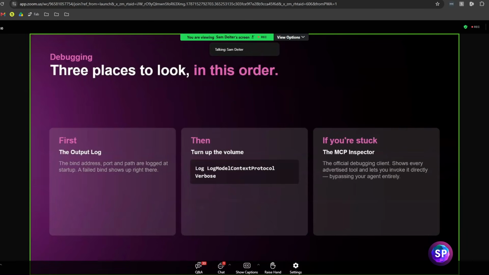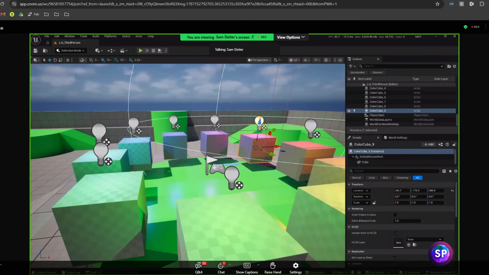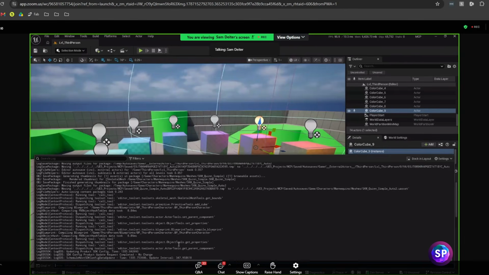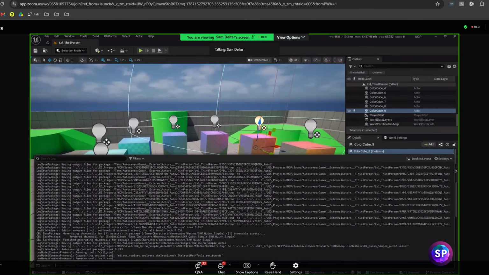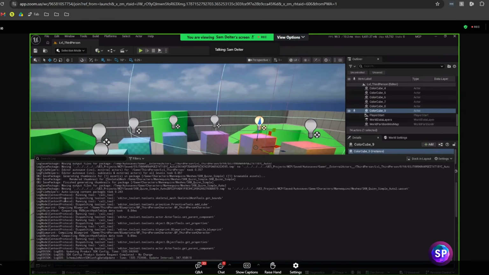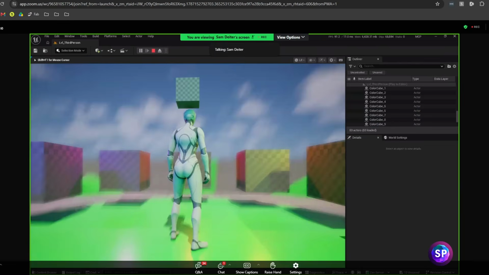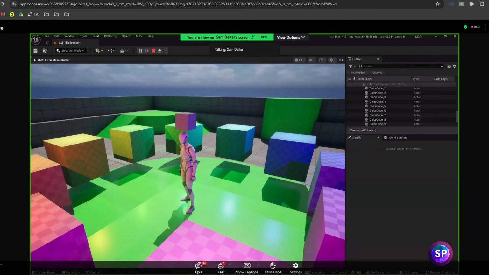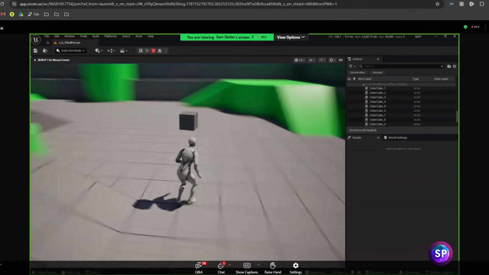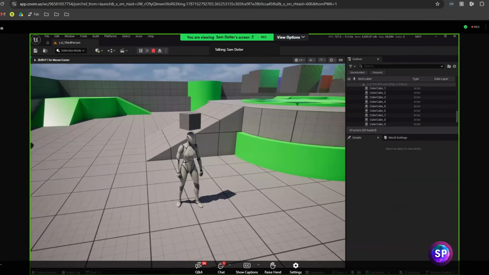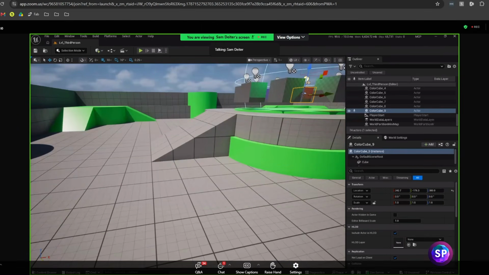All right. Another important thing is to understand where to find issues should you need to debug. The best place to look is going to be the output log. Right here inside of our output, we're going to see what the tool has done. You can see here this logging model context protocol. So it got the bounce. Oh yeah, let's check. There's the block above my head. So it did that. But I want to bring it down so that it obstructs the player's face. So let's do that really quick while we look at the other thing.